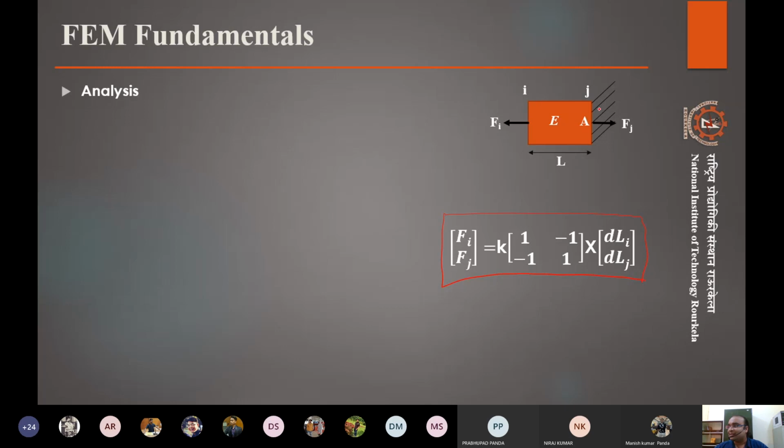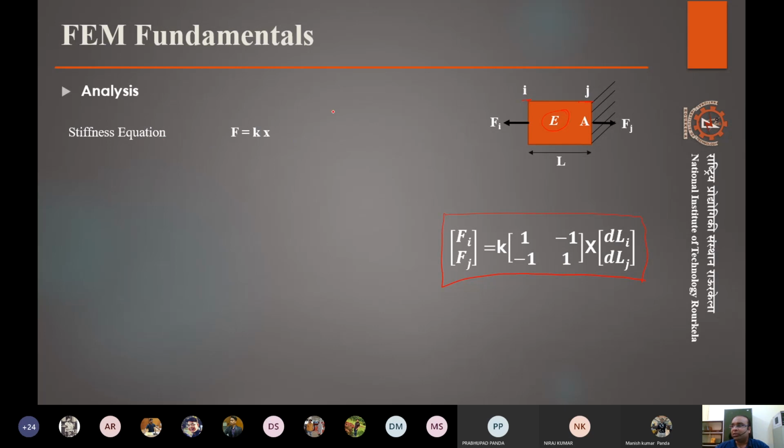So let us assume this is a single element, and this is the ith node. These ends are the nodes, right? So this is the ith node, and this is the jth node, right? And the force that is acting at this point is Fi. The force that is acting on this side is Fj. Area of the element is A. Length is L. And the elastic modulus is E. Now, right now we are just talking about elastic modulus, though there are many things else that define this stress matrix. But just to start it off, in this case, we start with the stiffness equation.